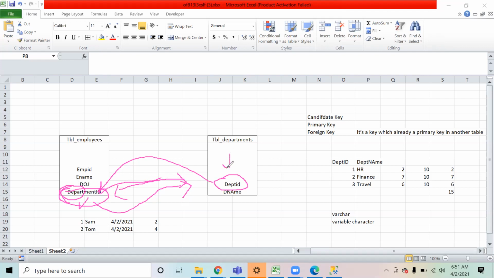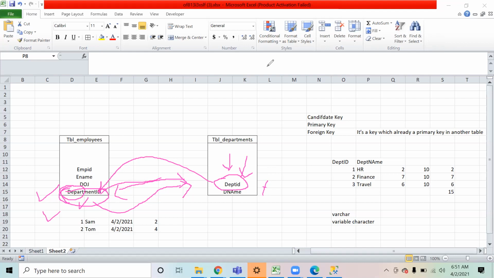That means this column is only going to accept a value which is already present over here. If the value is not present, it will not accept it. Getting it?